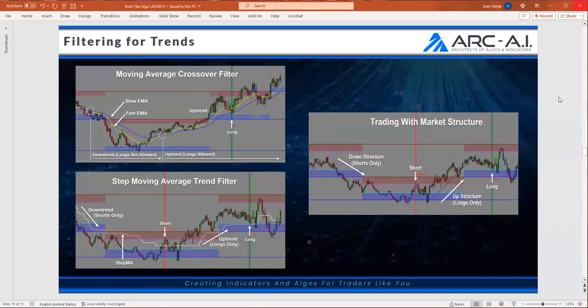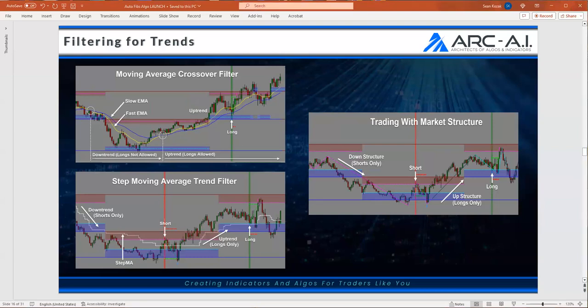Okay. We've added elements for the trend analysis. We've added crossover filters for EMAs. Before we just had an EMA filter. Now we've added the ability to trade with directional filters. We've added a whole suite of directional filters. So one of the things that you're going to see today is that in trending days, you can really test trading support in the uptrends, right? You can test trading resistance in the downtrends.